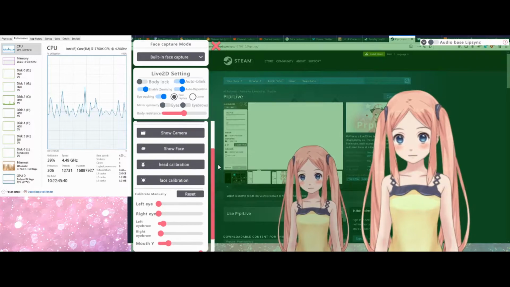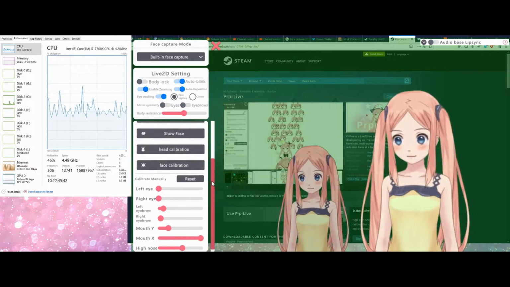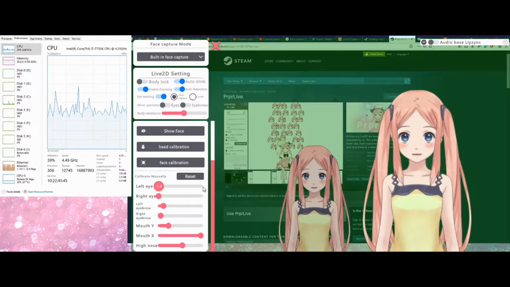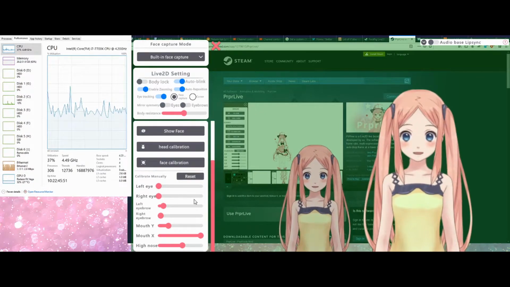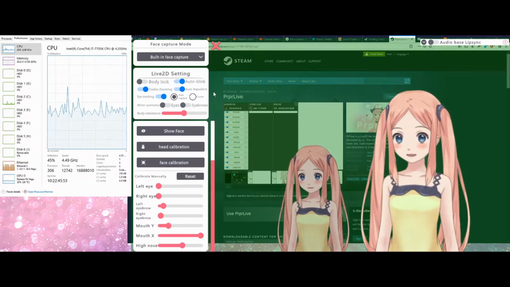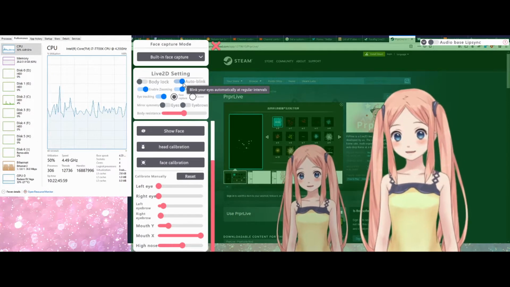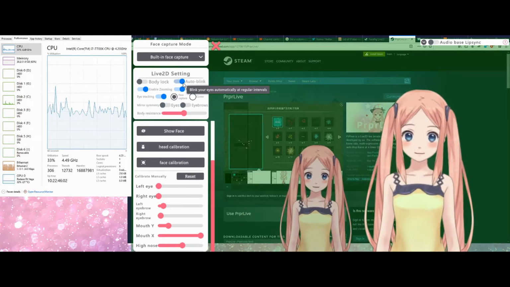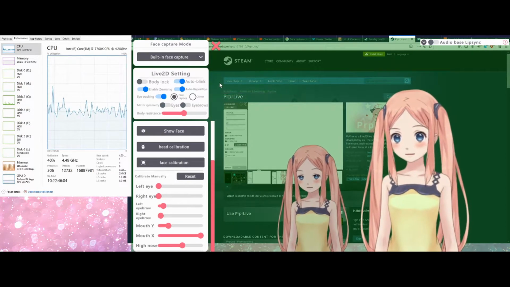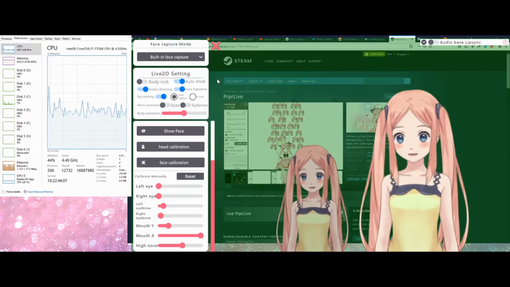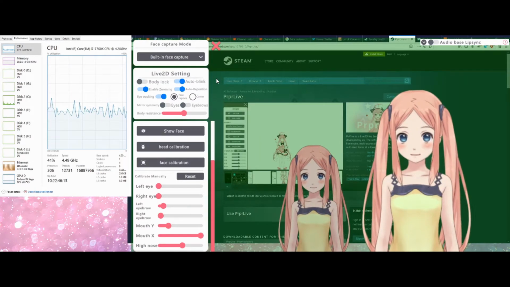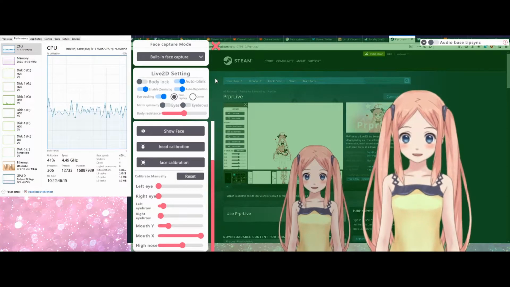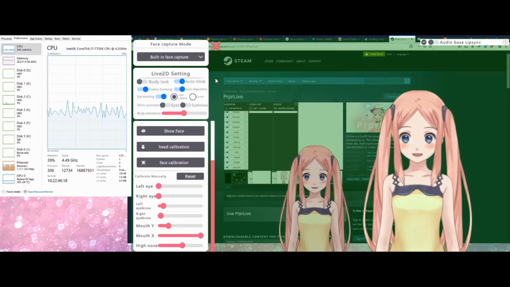There's also different options that let you adjust how it handles working with your face capture. You can play with the different settings. So there's options here that you might need to play with if you're setting up your own model. There's also things like auto blink that are on for this model. When I'm in the other one I'm going to show you in a second, I don't use auto blink, but in here I do. Remember I said that it doesn't always capture my eyes because of my glasses. Sometimes it does and sometimes it doesn't. It's hard to say when it's doing it and when it's not,